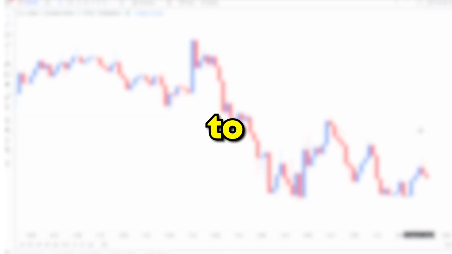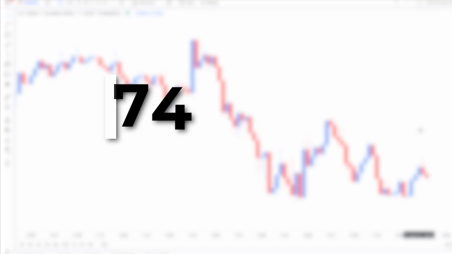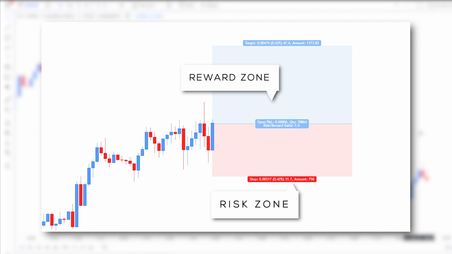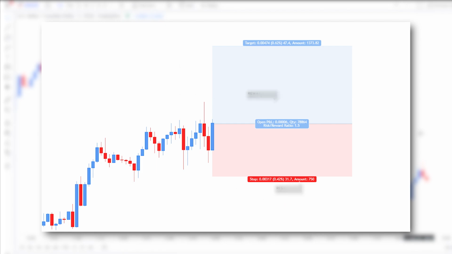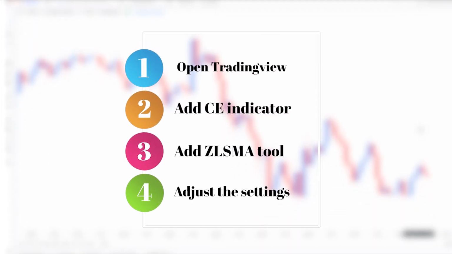profitable or not. And to prove to ourselves how this strategy works, I will open an account with an initial deposit of $1,000, and the risk-to-reward ratio that we will use in order to evaluate the effectiveness of this strategy will be 1 to 1.5. First things first, let me walk you through the indicators and how to set them up on